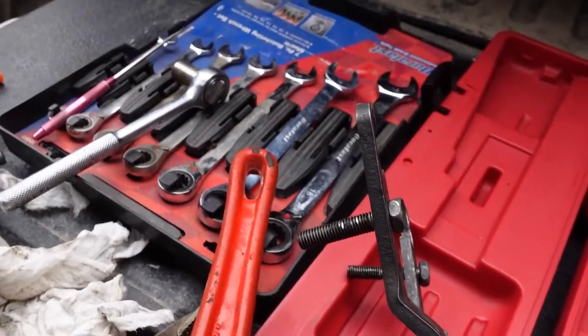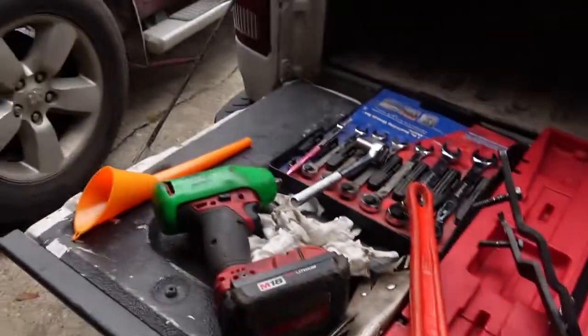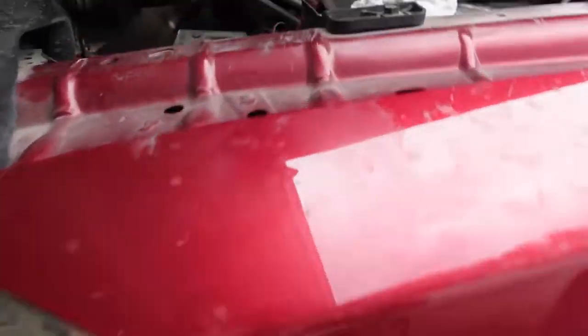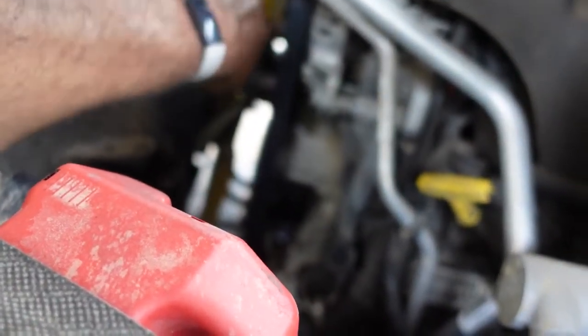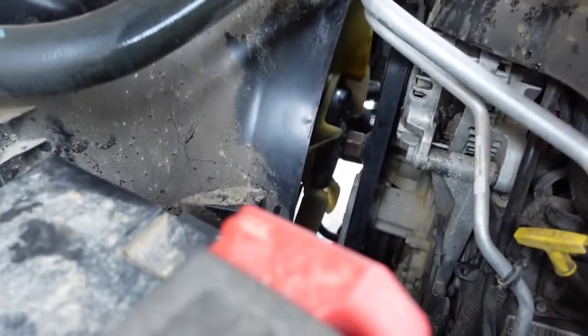So, you definitely need it though. And the other piece of information that is nice is, at least on this one, it's a left-handed thread. It wasn't coming off too well when I was trying to tighten it. But yeah, no, she's spinning off. Okay, so we're going to take that fan out